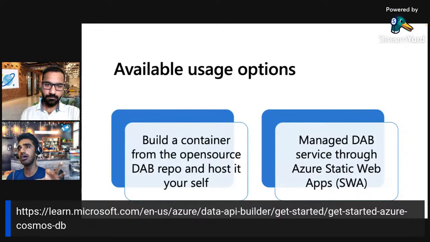So as a developer, you have the capability to use the front end as well as the GraphQL endpoint, and have it together in order to build your application. This feature is available in preview on Azure Static Web Apps in the form of database connection, so that you can link and unlink the database that you want to connect to, and then use the front end application. So these are the two ways that we support through the data API builder.